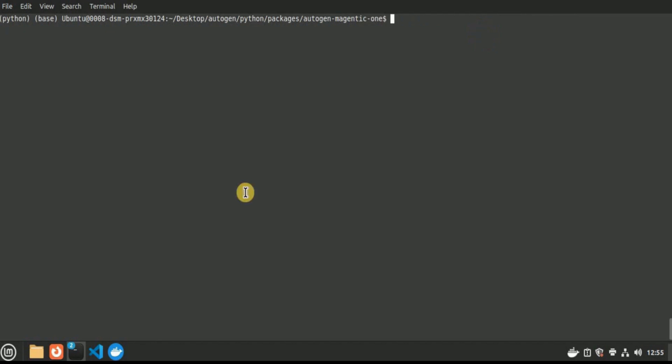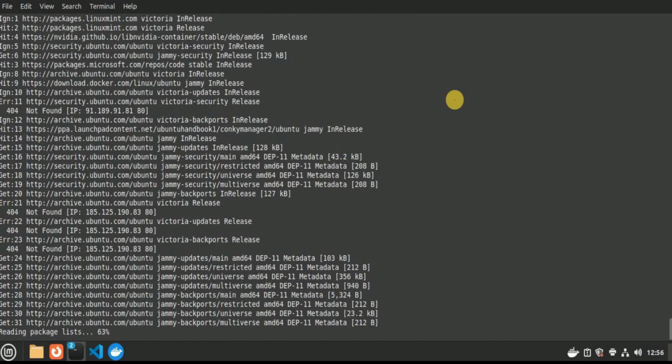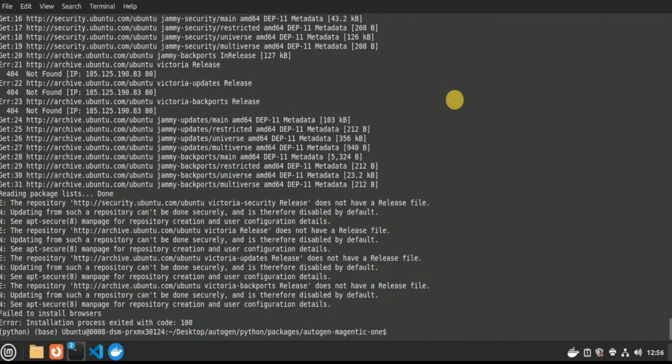As I've already told you, the Magentic One uses different types of browsers to interact with different websites and URLs. And in order to interact with the browsers, it uses Playwright. So we need to have Playwright installed and configured. So we are going to use Playwright to install the browser. For that, we are going to run the command playwright install, and we are going to install the Chromium. Once you do that, it is going to download and install a bunch of things.